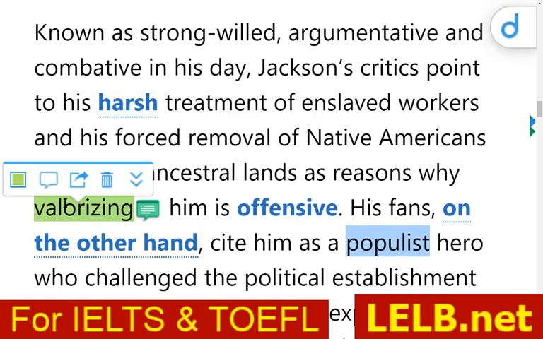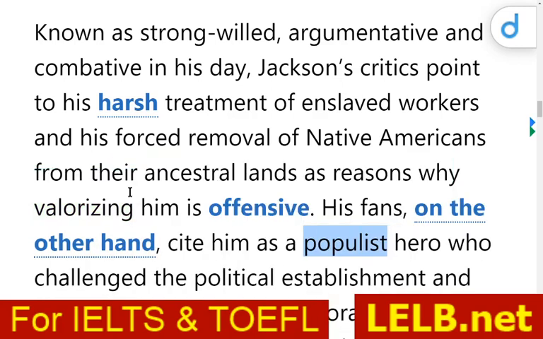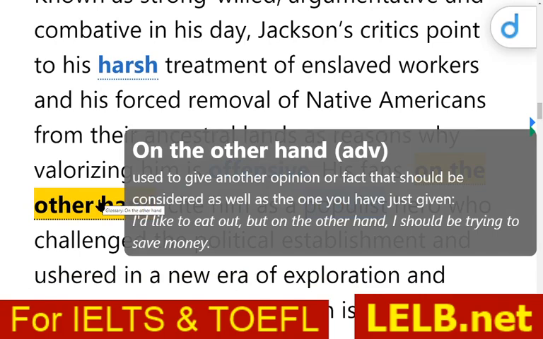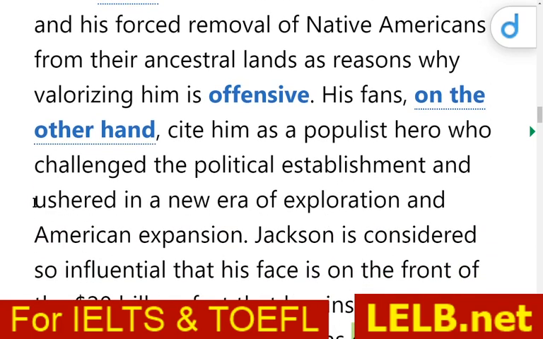Valorize is a very formal verb. It is the verb form of valor, which means to give courage. So valorize means to encourage. Valorizing him is offensive. His fans, on the other hand, to give another opinion, to show contrast, cite him as a populist. Who is a populist? A person who is at the service of ordinary people and not the elite, hero who challenged the political establishment and ushered in, or initiated and introduced, a new era of exploration and